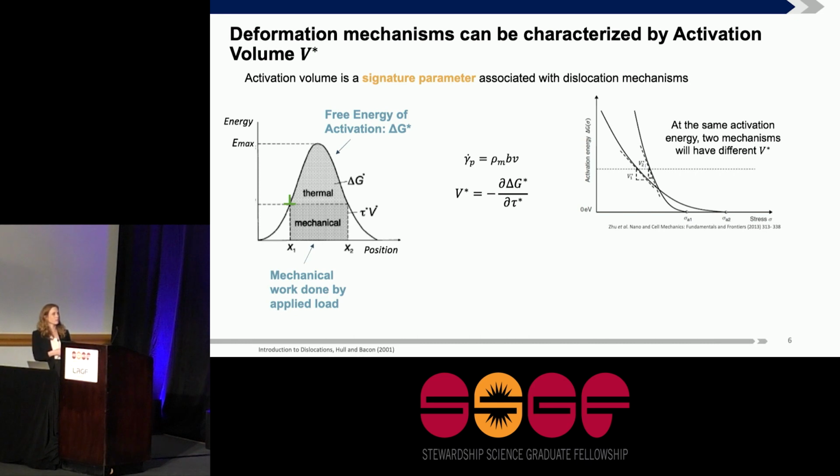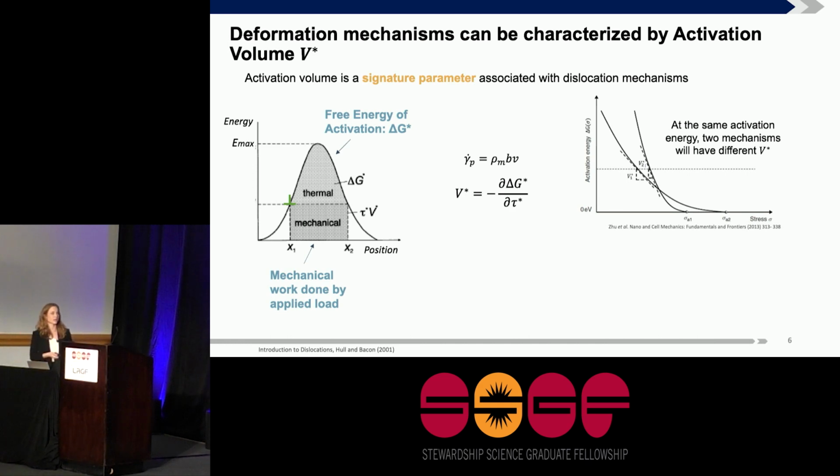So this activation volume is this V star here. It's really the relationship between these two mechanical and thermal components. It's helpful to use because it's a unique parameter that's associated with unique mechanisms. And I think this is visualized well in this plot here. Each of these lines corresponds to a different mechanism. And so you can see the activation energy versus stress, they have different curves, and specifically at the same activation energy level, so at the same experimental conditions, the slope of these lines, which is the activation volume, differs between these two mechanisms. So the idea is we could measure this and then get a value and hopefully relate it